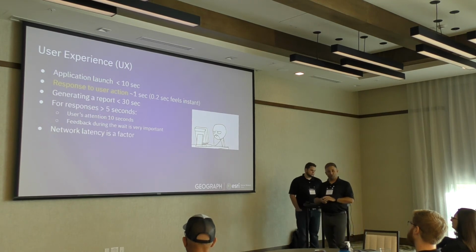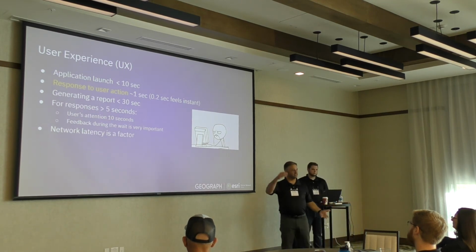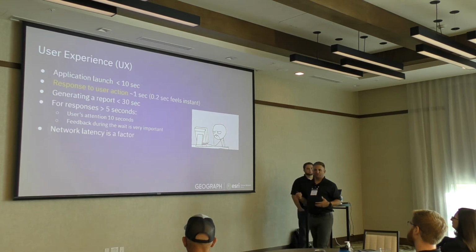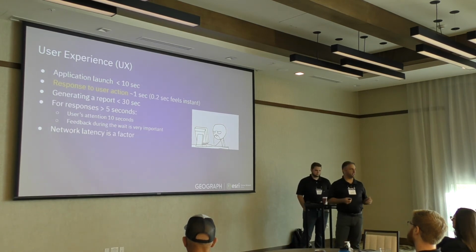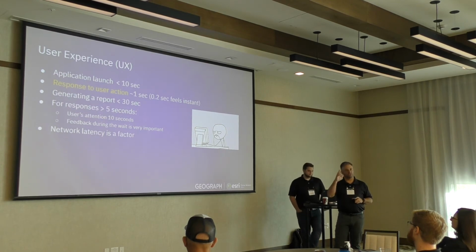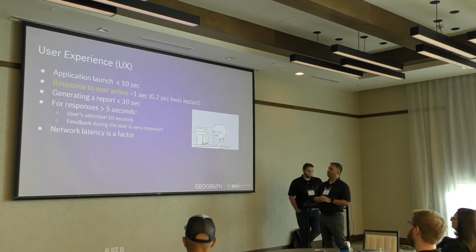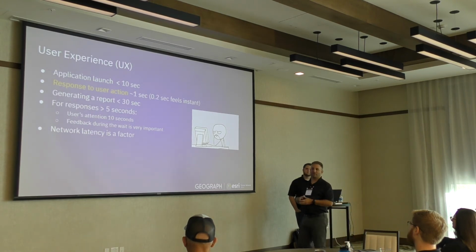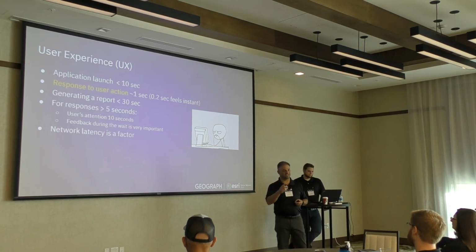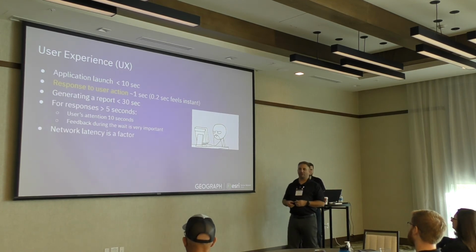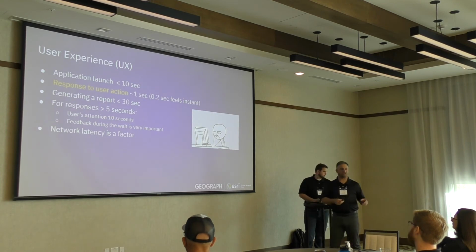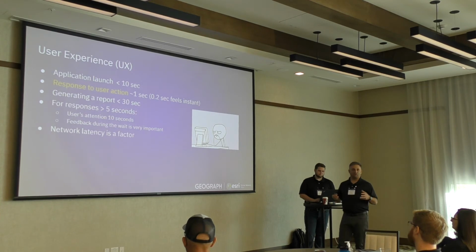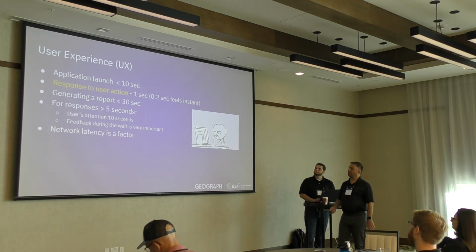Generating a report, you could make the case that a trace is a report, right? When users are trying to generate a report, you usually have their attention for up to 30 seconds before they start to get frustrated. But even during those 30 seconds, you're going to have to give them something to look at. That's why you see those little spinny icons and flashing things. It's meant to keep you engaged with that action that might take more than 5 seconds. You get to the 10-second spot, you don't have something grabbing their attention, you lose it, and you want to get that feedback while they're waiting.